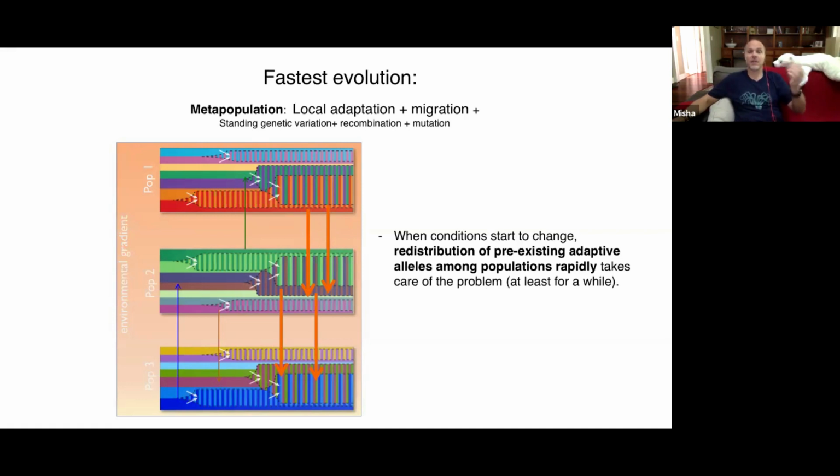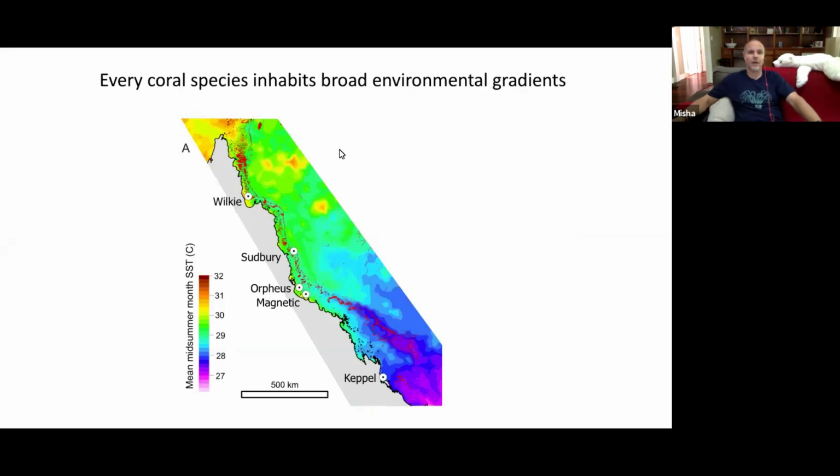And this is the thing which we actually wanted to test with our models. We basically wanted to see how much new mutations, migration rates, and standing genetic variation would help corals adapt. Model setup, just to justify that we're doing the right thing. Yes, we know that indeed corals inhabit